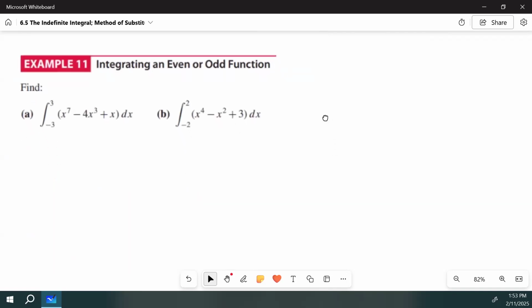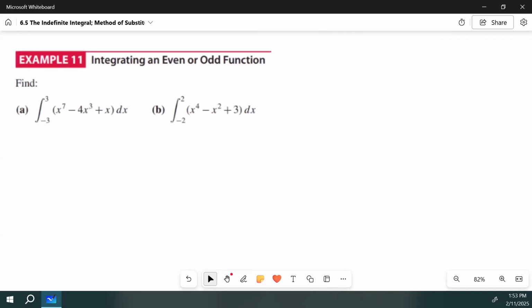So if we look at our example here, we want to integrate these two functions. And I will say that integrating even and odd functions is not specifically tested on the AP exam. However, it can be an aid to helping with integration and simplify things a little bit. So to test if a function is even or odd, we take the related function here, f of x equals